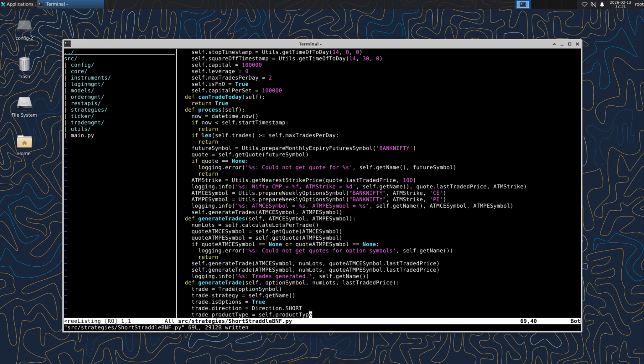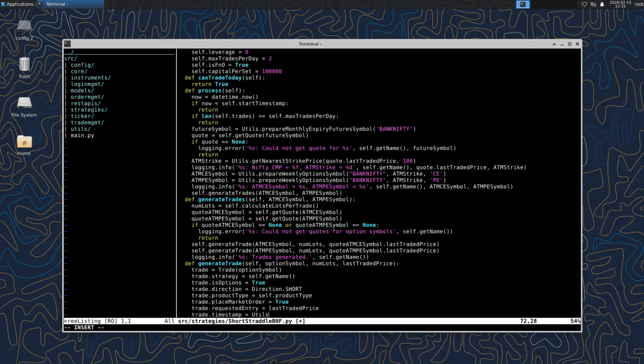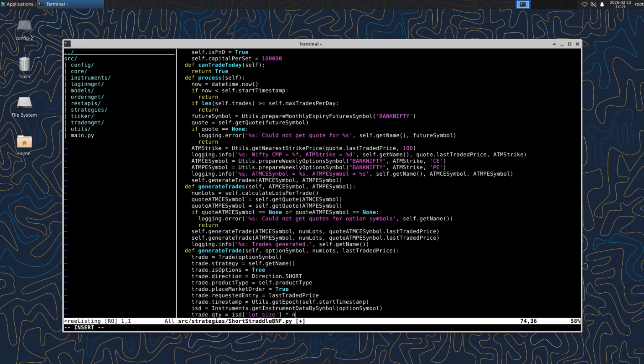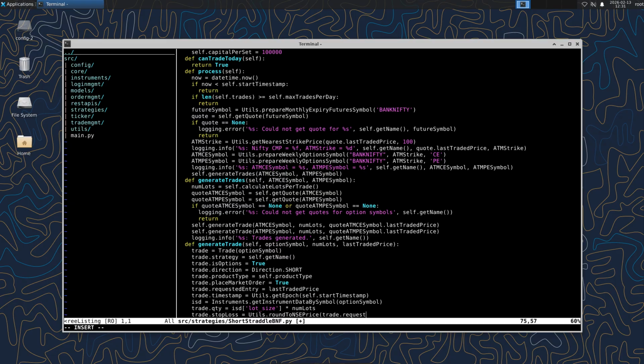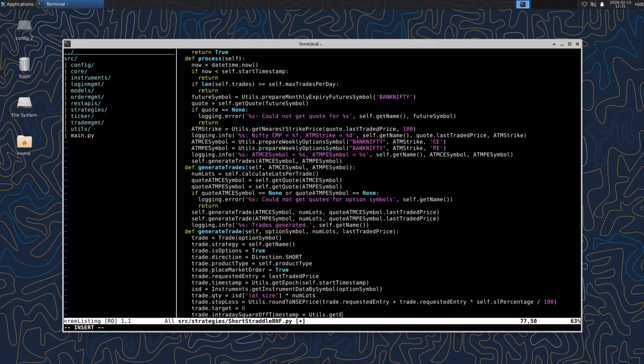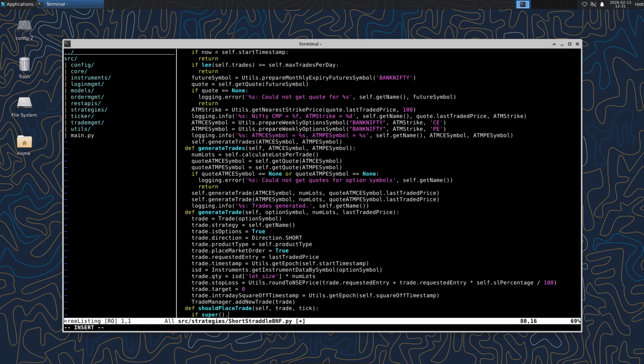Short straddle BNF_part 2 is the execution-facing half that ties the short straddle BNF decision logic into the instrument metadata layer and the trade manager lifecycle. So when short straddle BNF_part 1 decides to create positions, the trades are constructed, sized, time-stamped, and handed off for execution and tracking. When a short option trade is generated here, a trade object is populated as an options short